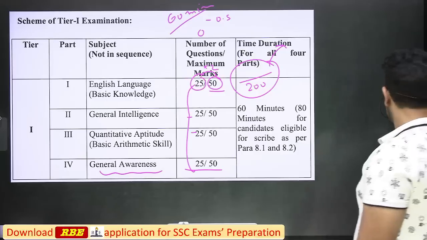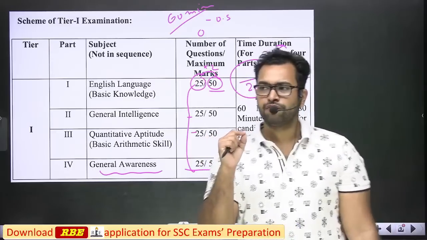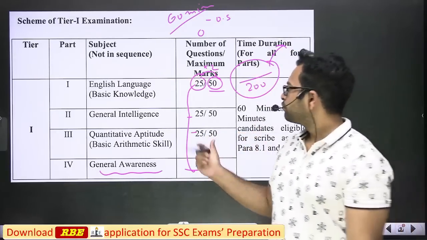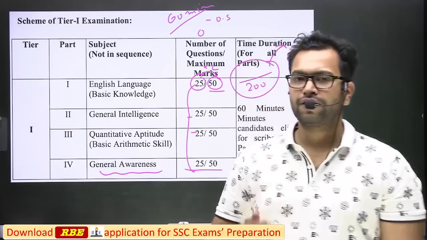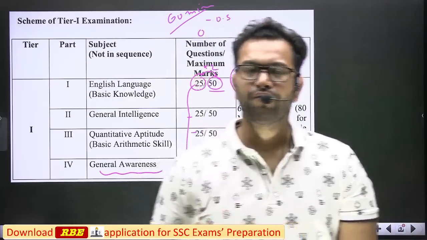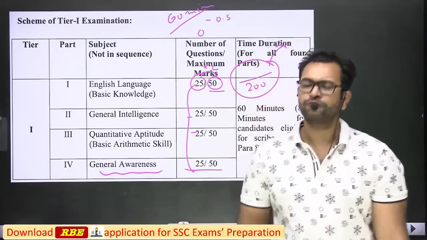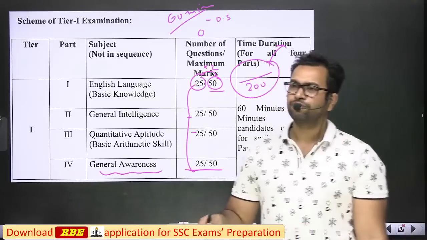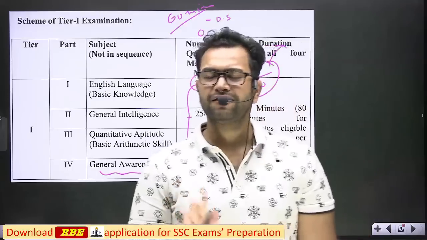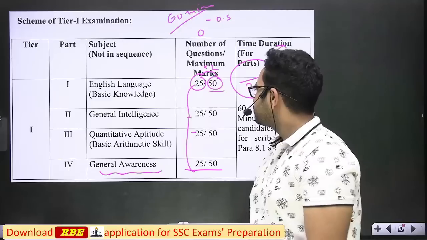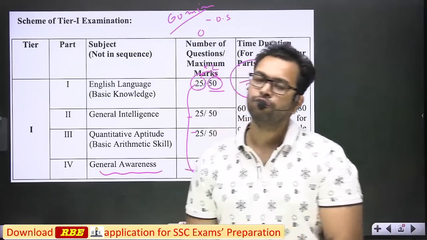Let's move forward. Generally the way we attempt the tier 1 examination is that in the first glimpse we try to solve the English section and GK section. Since these two sections don't involve calculation, we don't need to calculate, either we know the answer or we don't know the answer. We don't need to think a lot. We can cover these two sections in very little time, right? But when it comes to quantitative aptitude and reasoning, generally we have to solve all the questions, right?